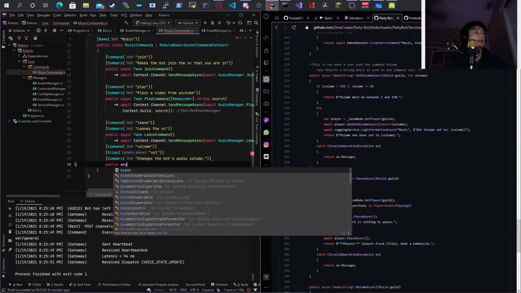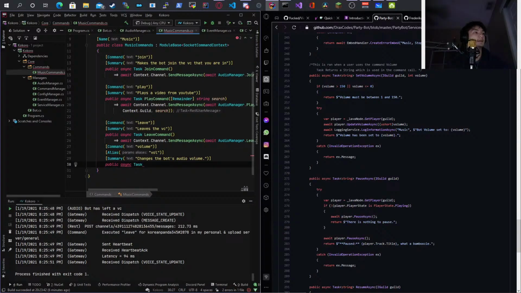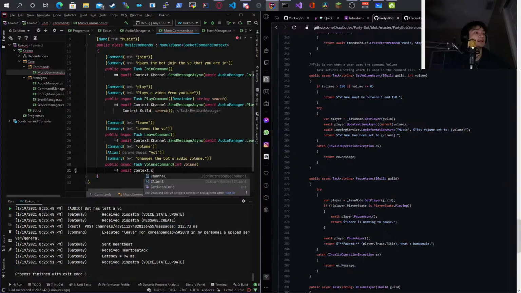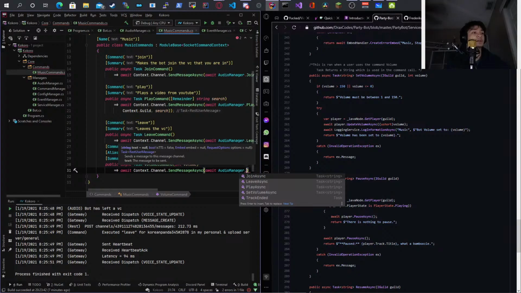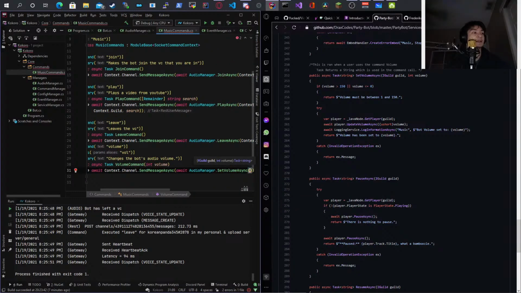Public async task, and then it's going to be VolumeCommand. And this does need a parameter, so it's going to be an int volume. And we're going to do await Context.Channel.SendMessageAsync, await AudioPlayer.SetVolumeAsync volume.